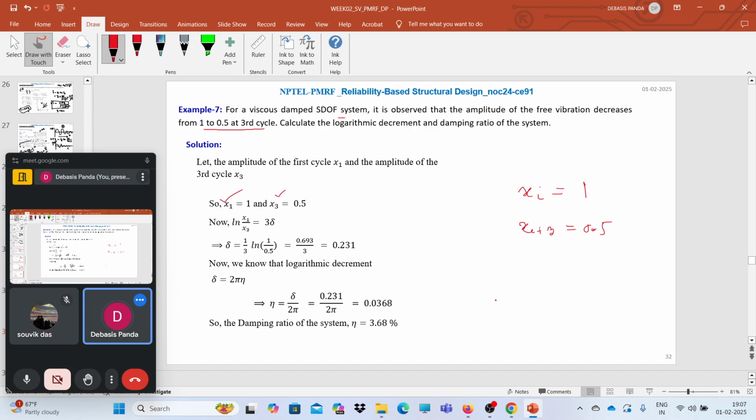So we know from the logarithmic decrement that ln x1 by x3 is nothing but j delta. j is the number of cycles, right? So here we have 3 cycles. So ln x1 by x3 is equal to 3 delta, right? Now you can find out delta, that means the logarithmic decrement. Delta is nothing but 1 by 3 ln 1 by 0.5, and that comes as